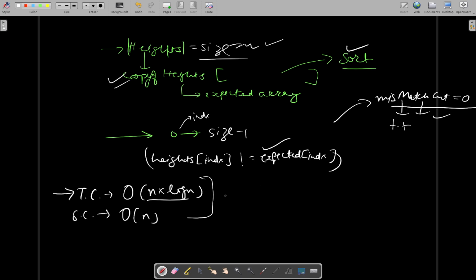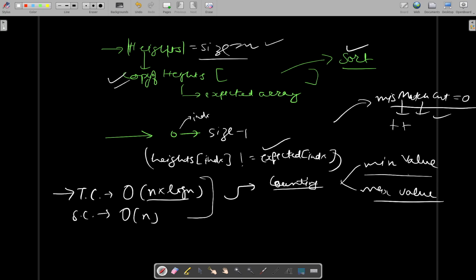One of the approaches that I could think of is counting sort. What you can do is find the minimum value in the heights array and the maximum value in the heights array. And then starting from the minimum value going towards the maximum value, you can apply